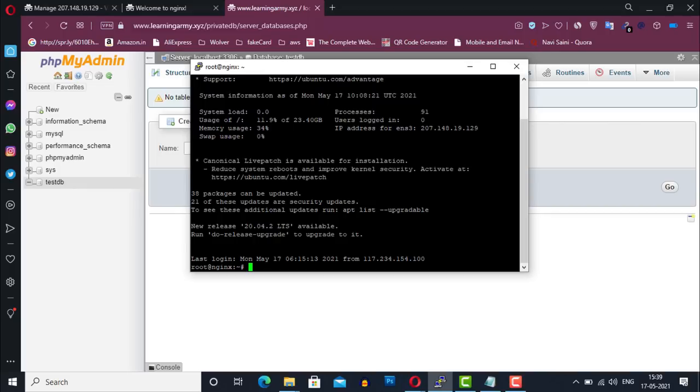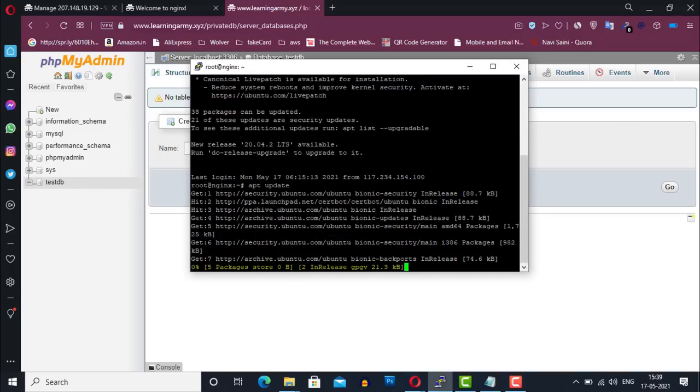These extensions will help our server to serve the WordPress files or data correctly. So the first thing we need to do is update our local package index using the apt method. So type apt update and press enter.